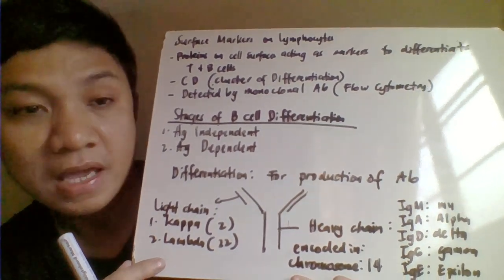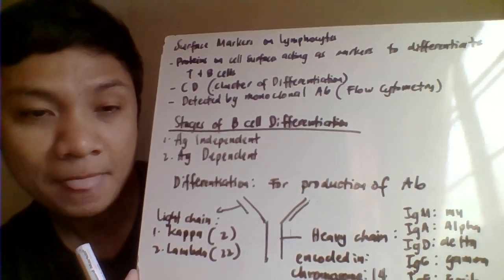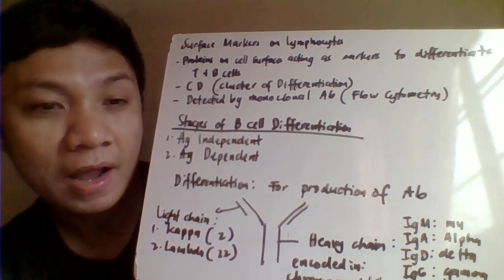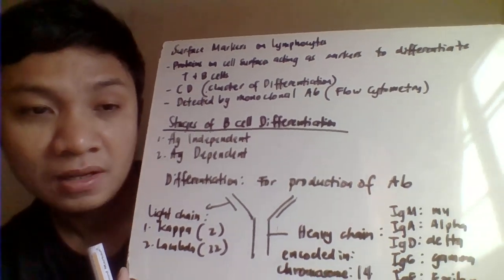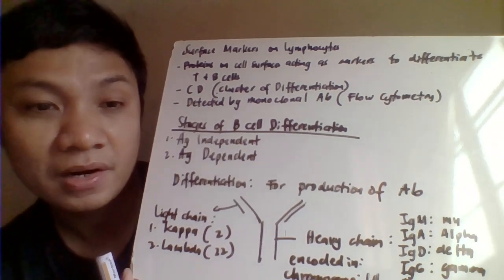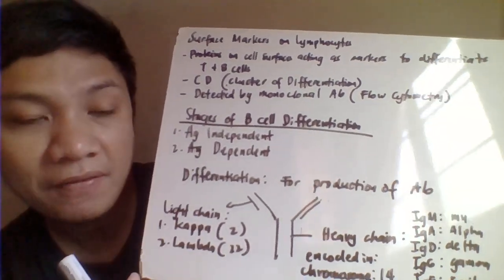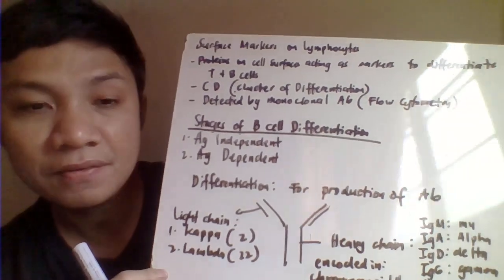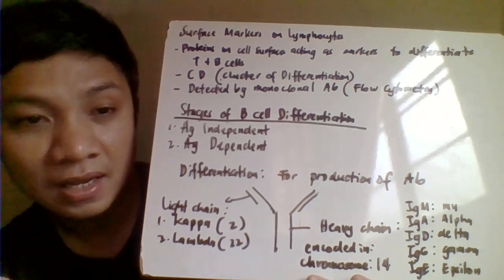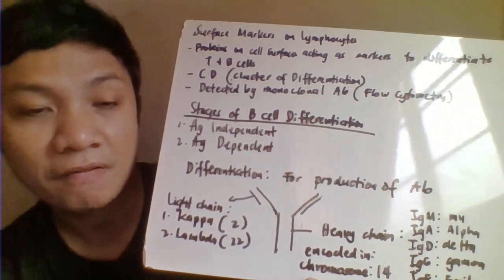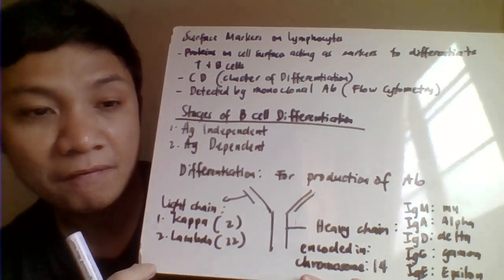Okay, so these are identified primarily by monoclonal antibodies. Because of course, monoclonal antibodies react specifically to each antigen, which will help identify the different CD markers as antigens. Okay, so again, we have here the stages of development of our B lymphocytes. So we're going to discuss the detailed development and differentiation of our lymphocytes, starting here with the development of the B